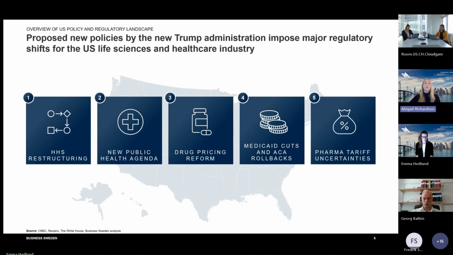We also have a new public health agenda called MAHA, which you may have heard of. This is Make America Healthy Again. It's really emphasizing diet, eliminating toxins, physical activity, stress, medication overuse, and really trying to get at the root causes of disease. So we really anticipate there'll be bigger regulatory hurdles and some funding focus on nutrition, preventative, but